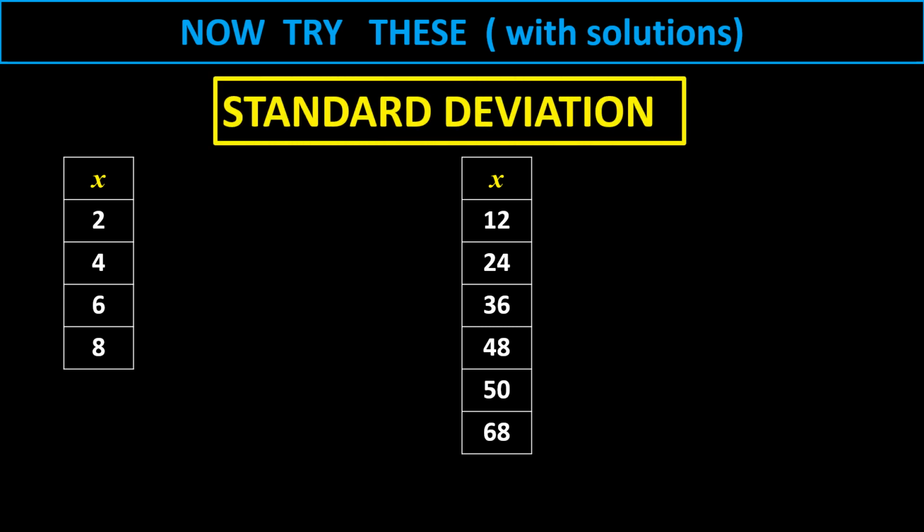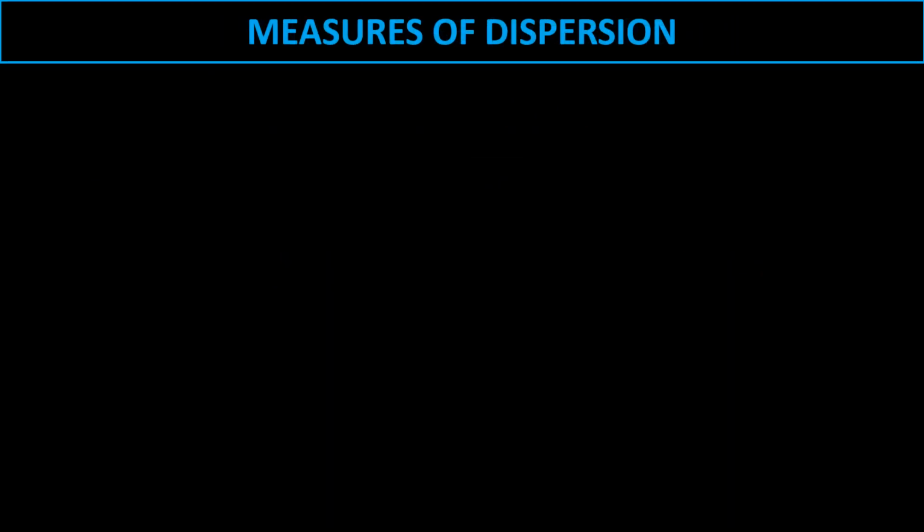So the standard deviation for the first example, if you worked it out correctly, is 2,24. And if you work out the standard deviation for the second data set, it's 18,27. Okay. Now,